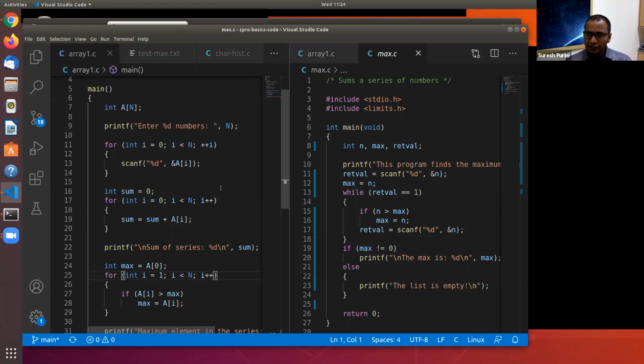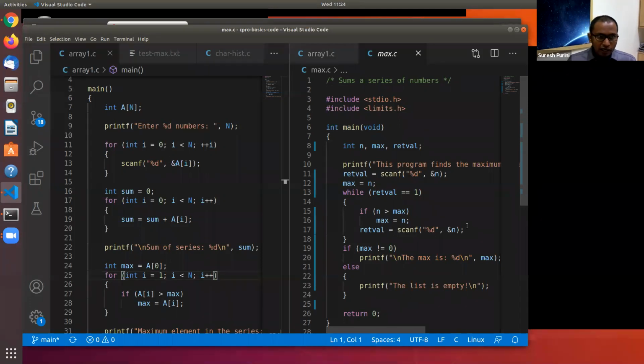So Kush says max.c is good. So why is it? The reason is, if you look at the max.c program, it uses only one variable, max. The memory required to compute the maximum of a stream of variables is just 4 bytes. Maybe if you include n and other return values, it's just maybe 12 bytes.